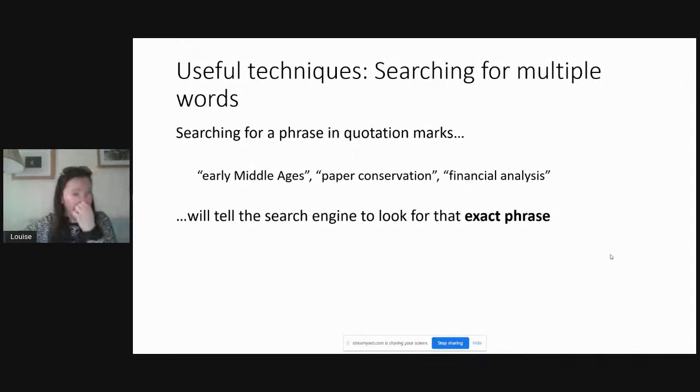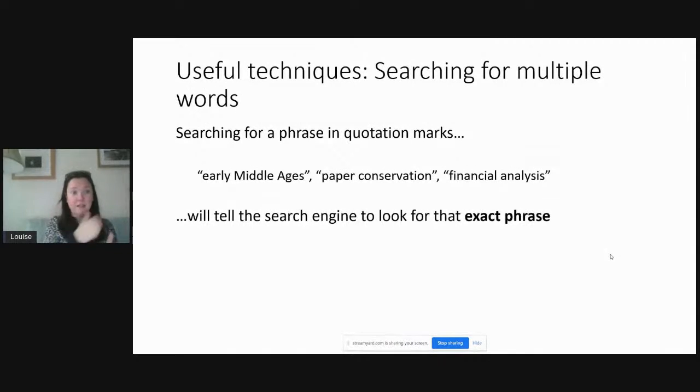and then separately the word ages anywhere in any article. Now, if you've got a particularly intelligent search engine, it will probably recognize that early Middle Ages is a phrase, so it'll give you those results first, but it will also give you results with just the word early anywhere. If you want to let the search engine know that you would definitely 100% want early Middle Ages, they're like married together. They don't move at all. You pop them into the quotation marks,